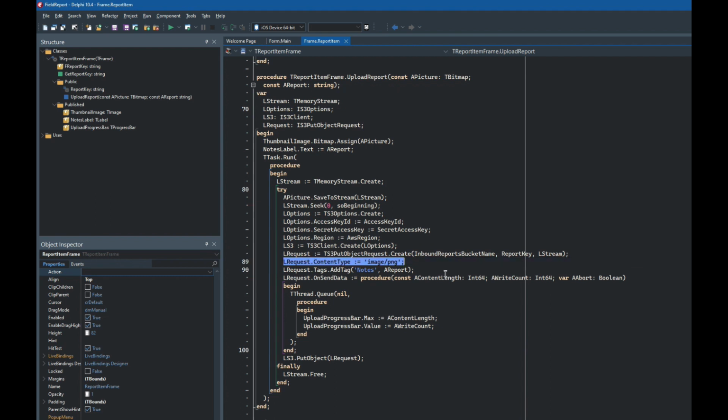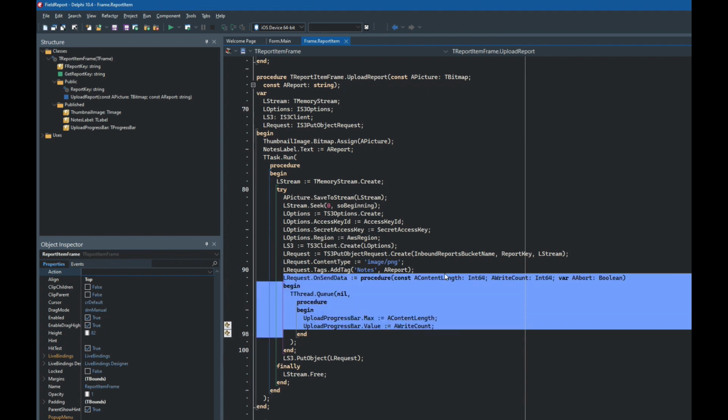We are saying that the content type is image PNG because it's going to be a PNG file from the captured image, and we are adding a tag of notes which has the contents of the report,